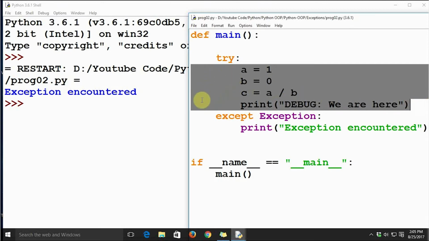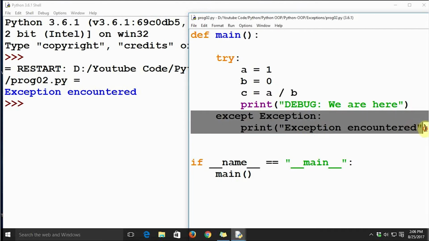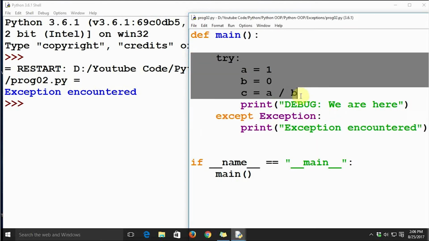If we encounter an exception, a runtime error, at this juncture, then it is not wise to run the rest of the statements. That's how Python's interpreter works. When it encounters the exception, it will directly jump to the except block. Once it goes to the except block, it will execute whatever is there in the except block, and then exit the try and except block.